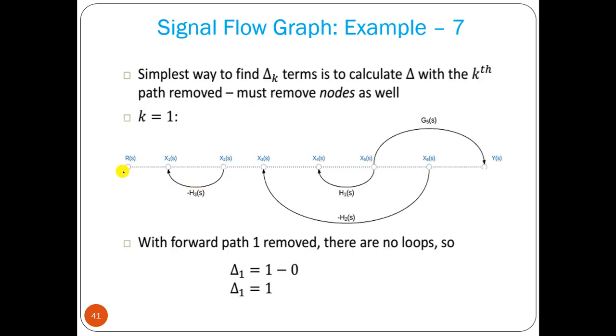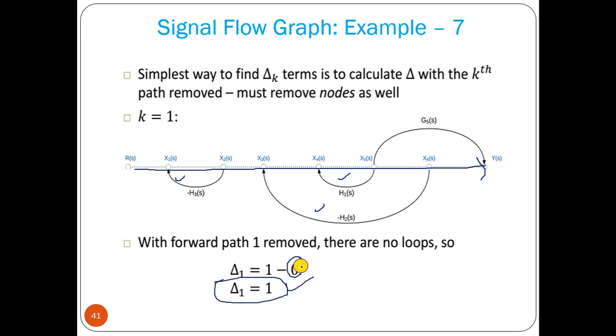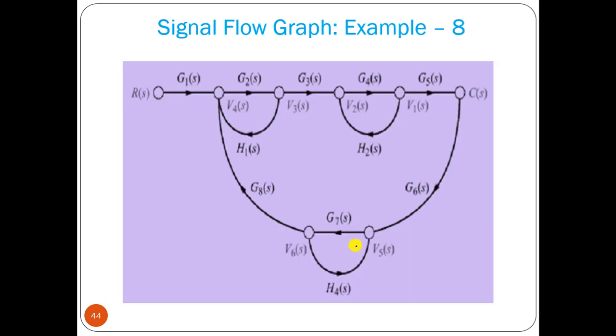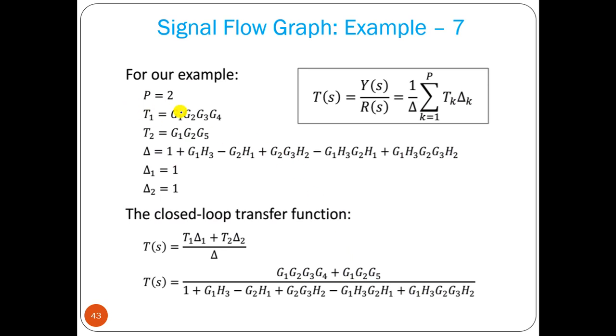Now if this is your forward path, then all the loops are touching with each other. So delta 1 equal to 1. There is no loop that is non-touching, so it is 0. So 1 minus 0 is 1. Now if you take the second forward path, then also you can see these 3 loops are touching with the forward path because these two nodes are common. So delta 2 is also 1. So what we can take? So we can find out